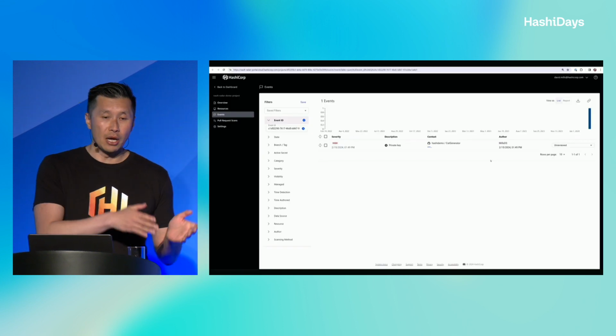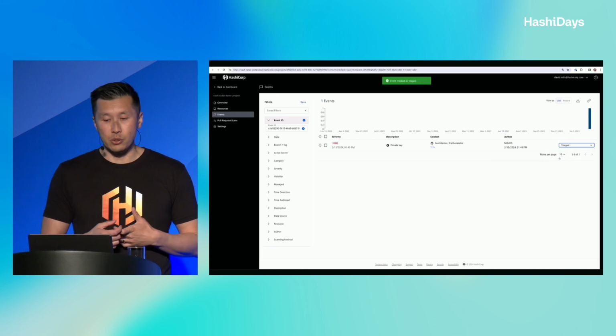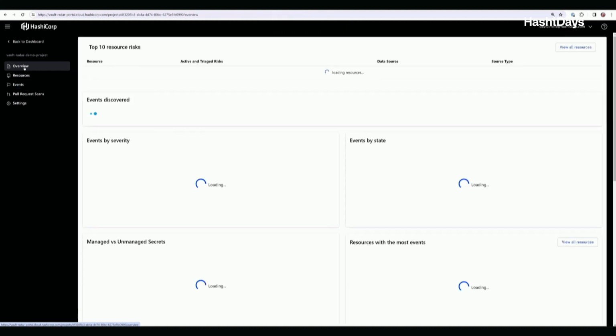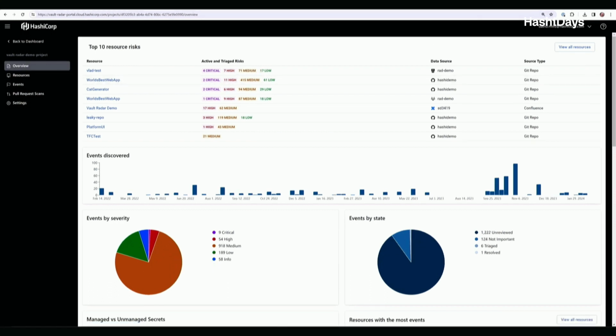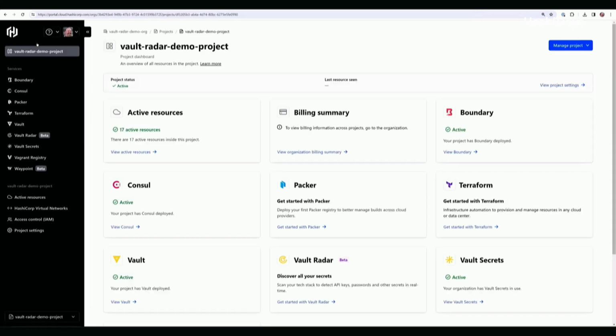So now we're moving on to the next part, which is remediation and storing that credential onto Vault instead of this unmanaged GitHub repo. So now let's go back to HCP, and we'll go to the overview, and then we'll click on my Vault instance, my Vault cluster. All right, so let's go back to the dashboard here. So I'm on my Vault cluster,